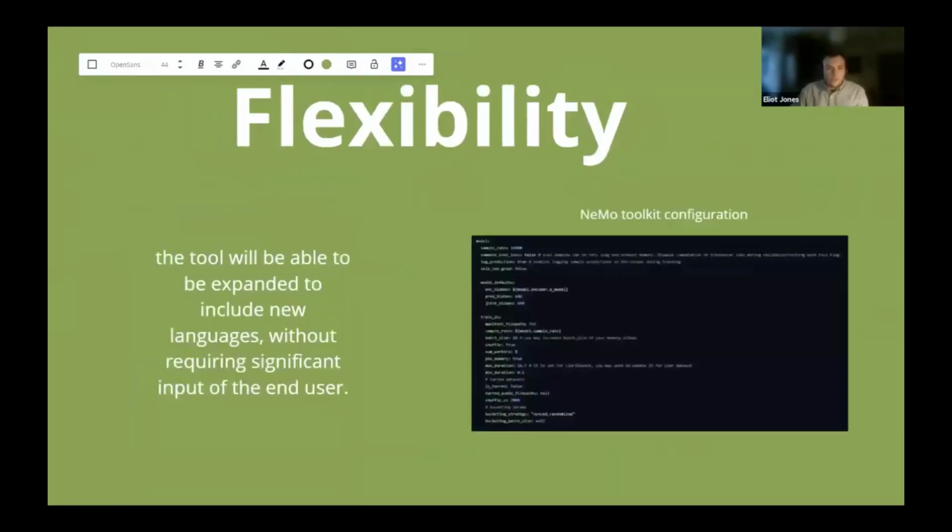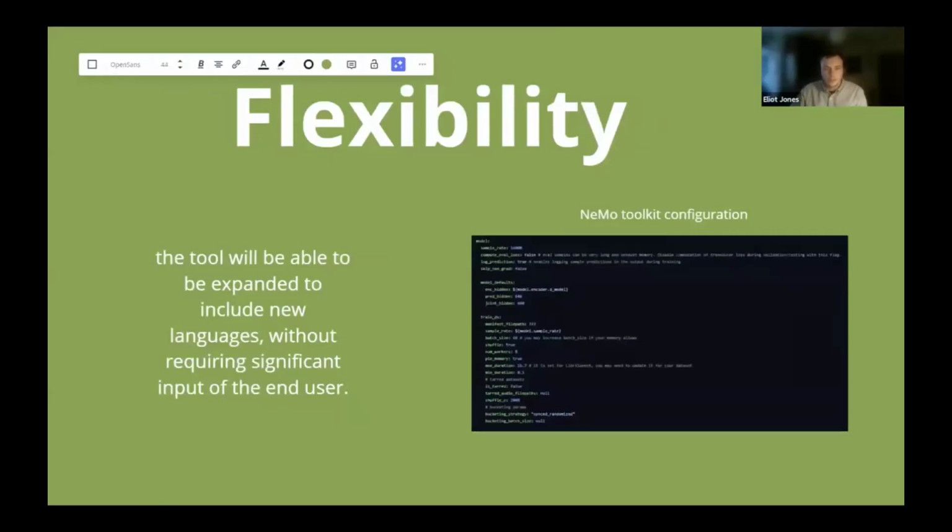We needed to find a way for LONGA to be expanded into new languages without requiring significant input of the end user, and to deal with issues such as code switching or changing languages mid-sentence and low quality or noisy phone calls. We found that fine-tuning was an effective method, running labeled FRI data through pre-trained models to achieve competitive